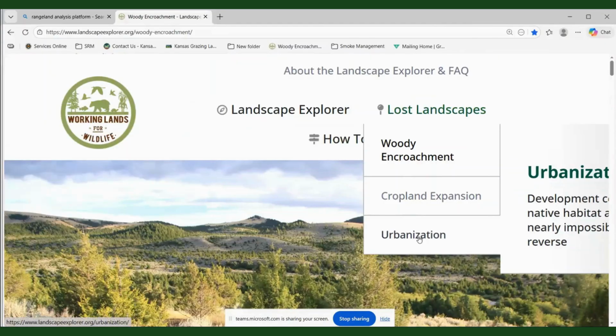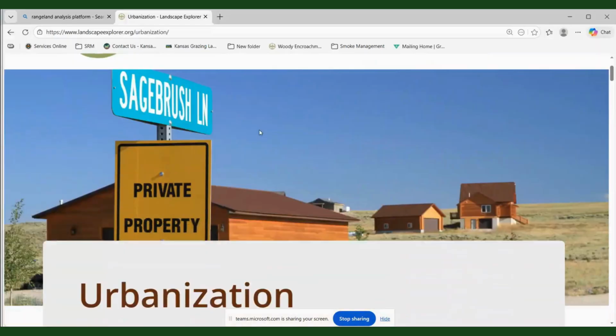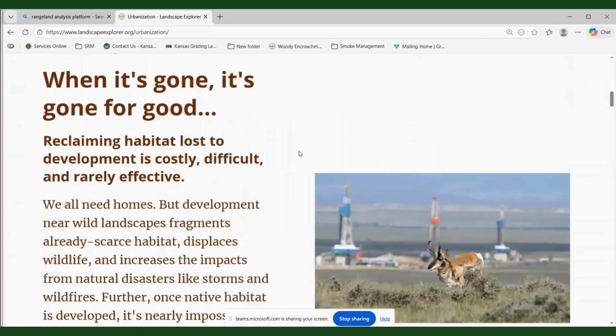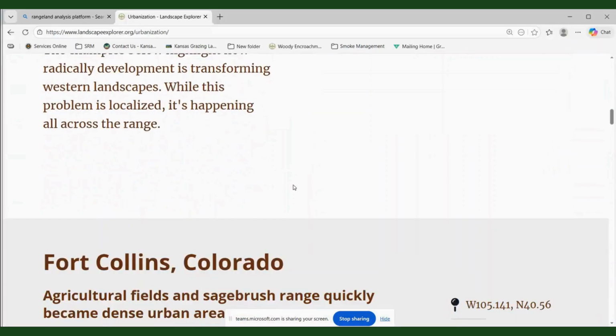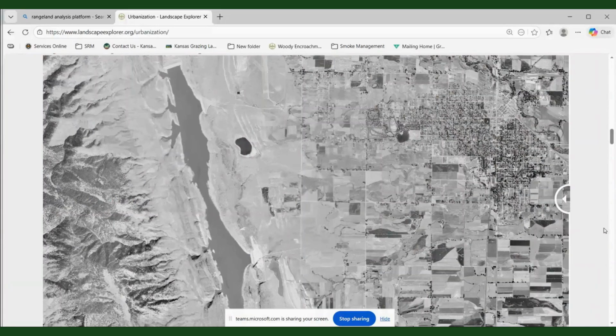We'll go back up and look at just some other uses of this particular tool and see that even if we want to look at how around cities or any kind of occupation by people have seen and maybe caused some change. Look at Fort Collins here, drag this across. From the 1950s, we can see that on the left-hand side, kind of the foothills of the Rocky Mountains there